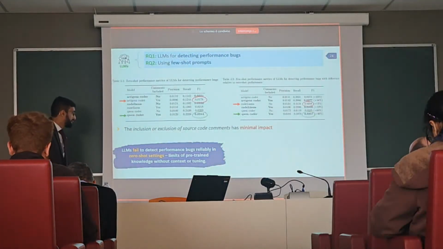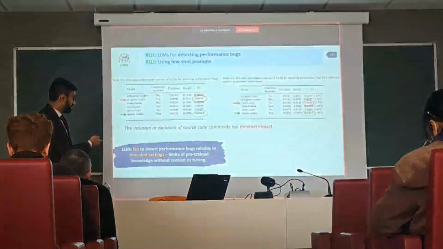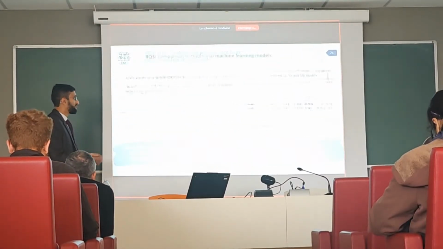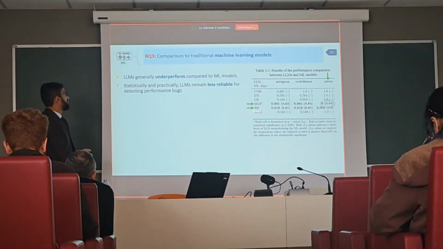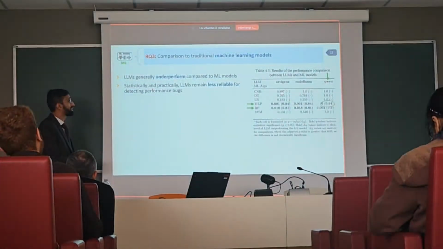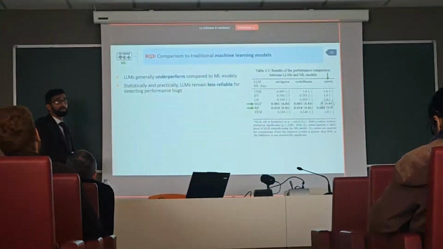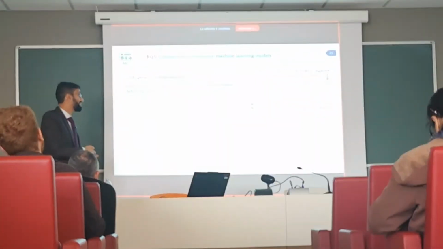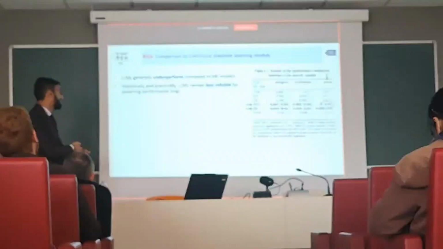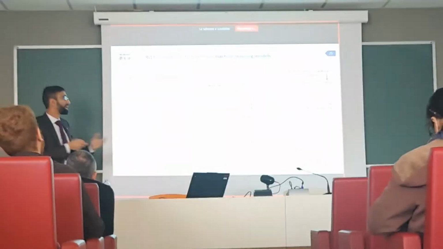So we understand that LLMs actually fail to understand, either with zero-shot or with few-shot. Even if we give the examples and context, they are not able to produce results. And then we finally compare it to the machine learning models, and we see that out of all the machine learning models that we used, the language models are not able to perform better, except for Qwen, and of course MLP and random forest were the models which were superseded by the language models.